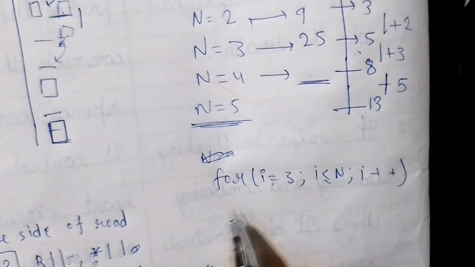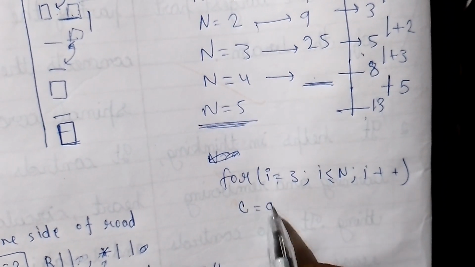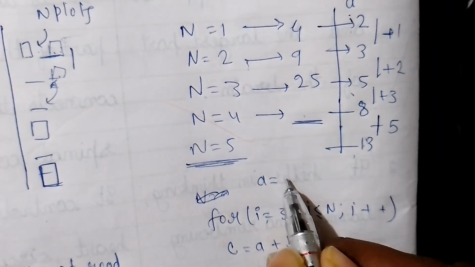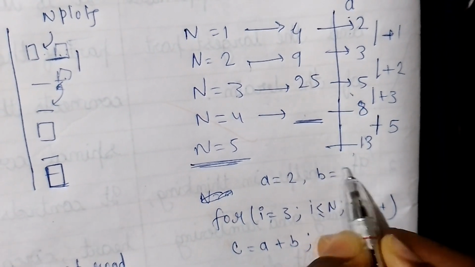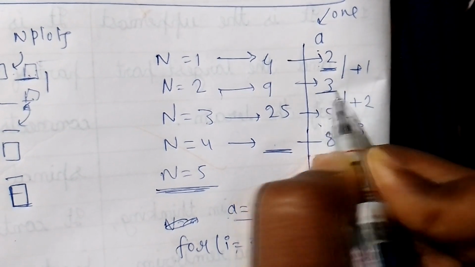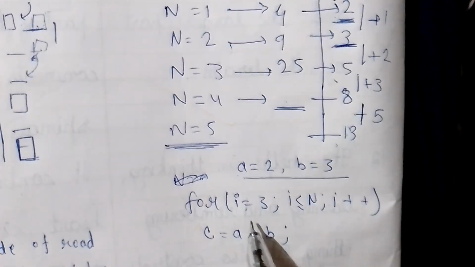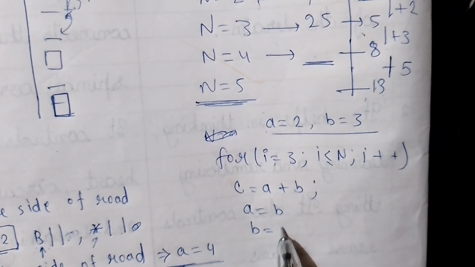Then C equal to A plus B, where A is equal to 2 and B is equal to 3. How do A and B come? From here A and B come. And then A equal to simply B and B equal to simply C,